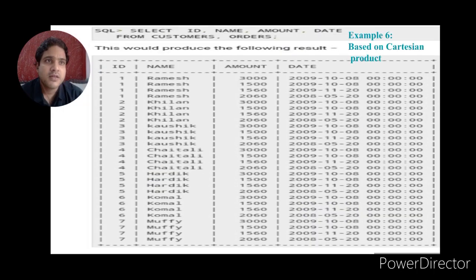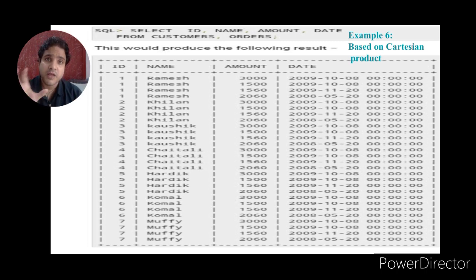Again, one more thing. This is example 6, based on the Cartesian product. It is very simple. In this case, all rows from one table are explicitly multiplied with all rows of the second table. This will provide all the results and a very long attribute list.